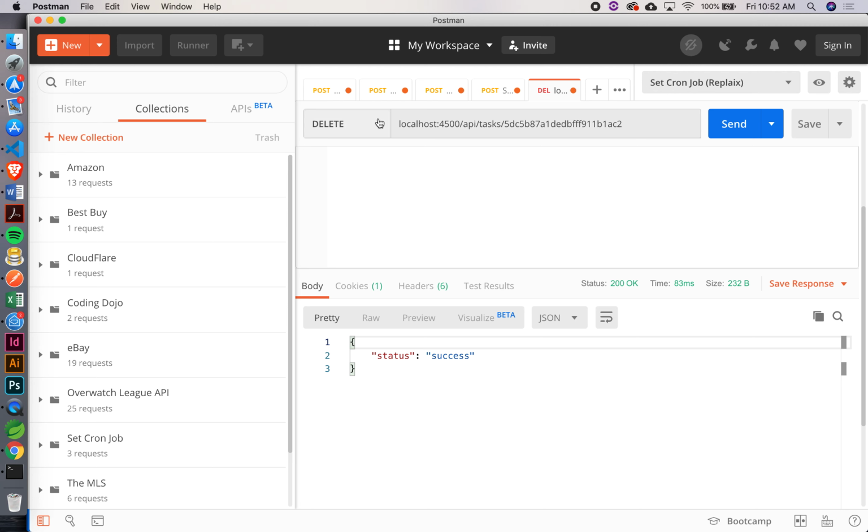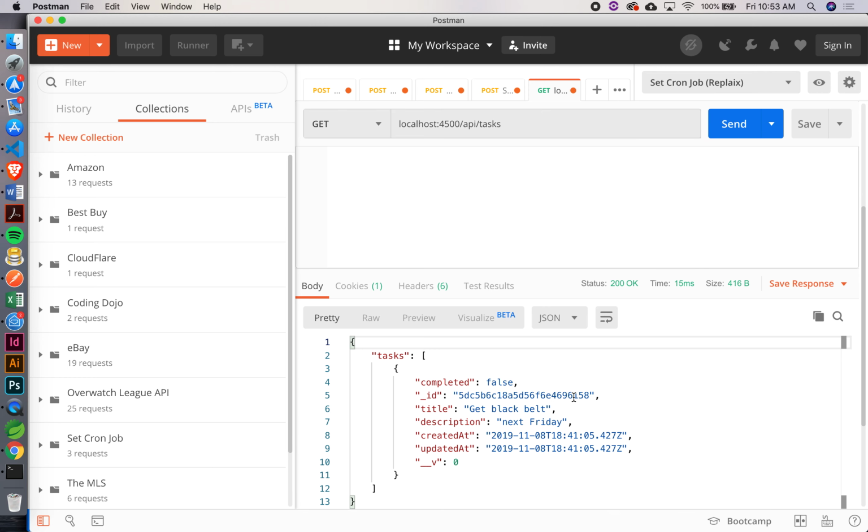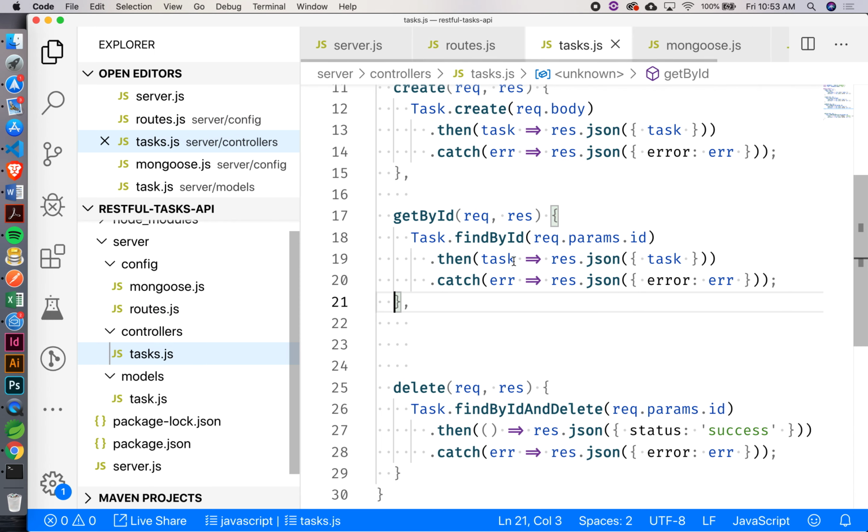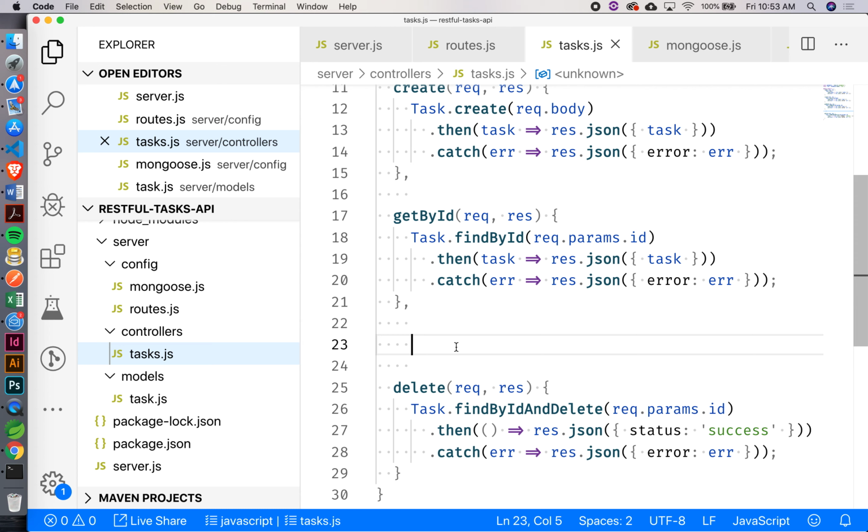And if I go back to make a GET request, just to my /tasks, indeed, now I just have this one left, right? Okay, cool. So the only thing that we need to do is we need to update a task by ID. So we're almost there. So let's go back inside of our tasks controller. And let's say update by ID